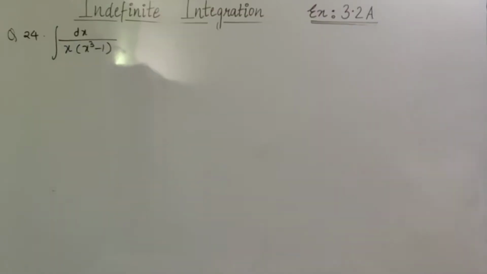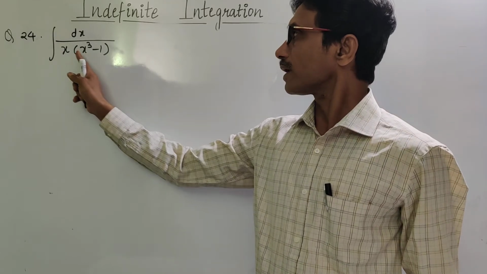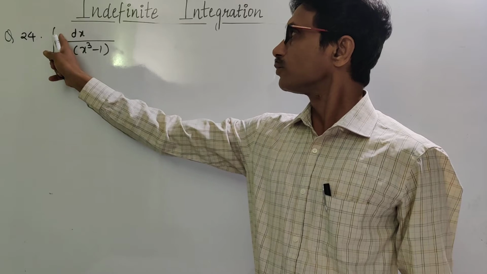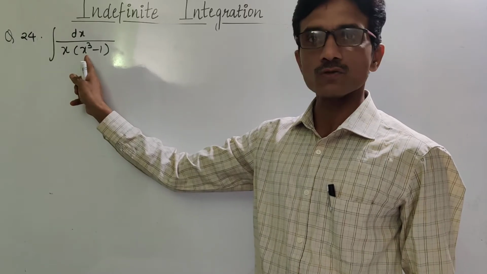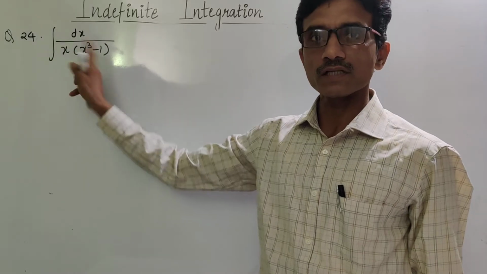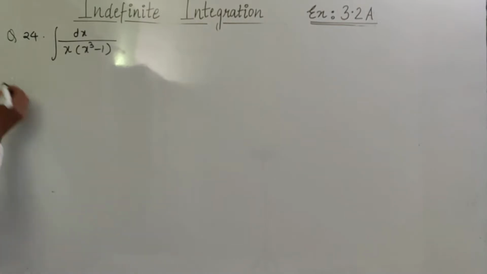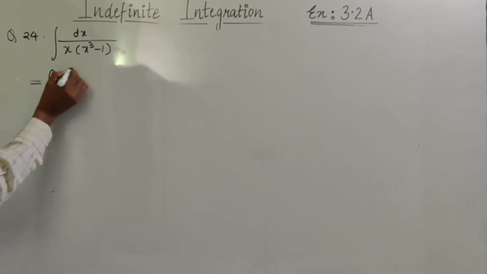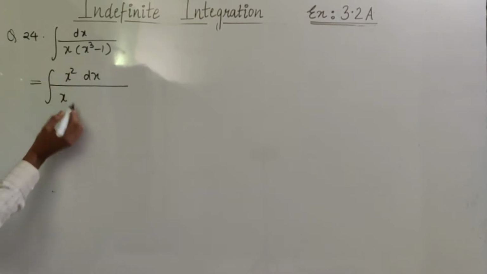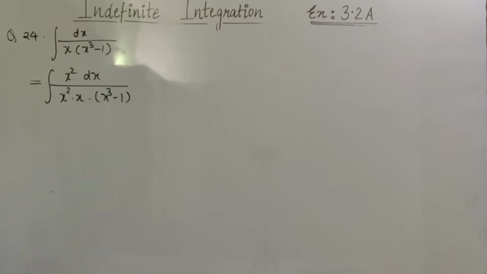Question number 24. Here is x cube, so you can bring this x cube here by multiplying by x square, so that in the numerator we have x square, which is in terms of the derivative of x cube, the derivative being 3x square. So multiply by x square both in numerator and denominator. Here also you will multiply by x square, x square into x cube minus 1, so that this will be